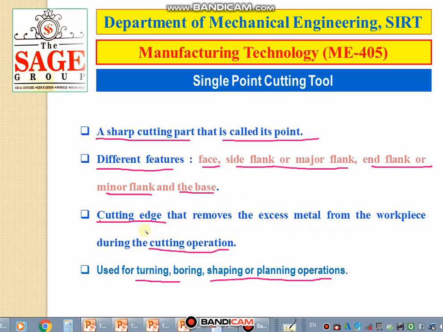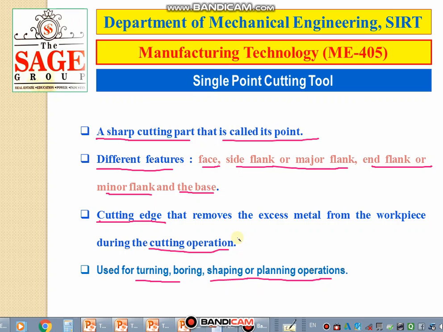One more definition of a single point cutting tool is that it is a cutting tool in which only one cutting edge is effective and responsible for removing the material from the workpiece. That tool is called a single point cutting tool. Actually we will see through the diagram.